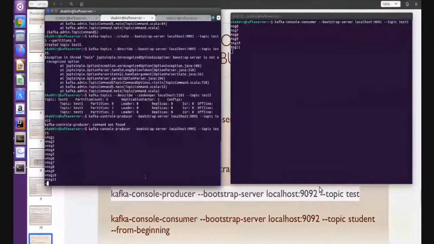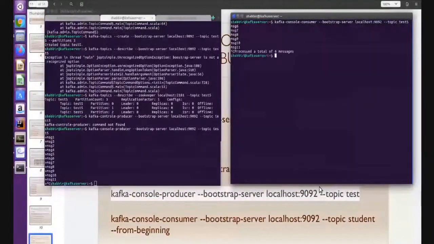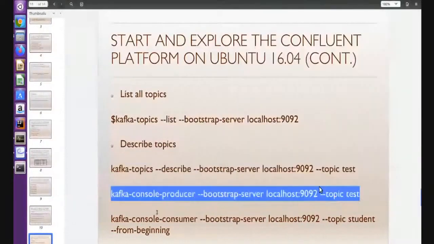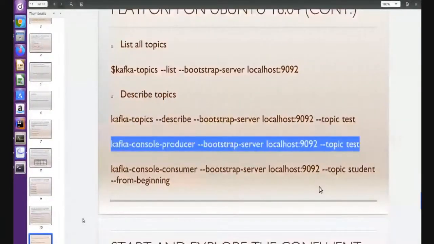Now let's move to explore the control center. Confluent provides a very good control center, right? To do things manually using the UI. You don't need to run so many commands, and I will show some features there, right? So let's see.